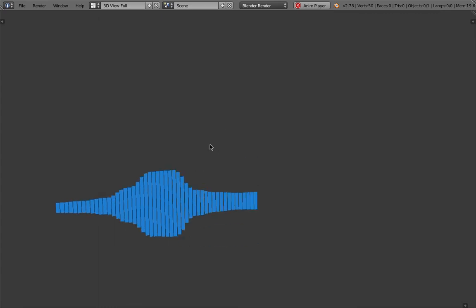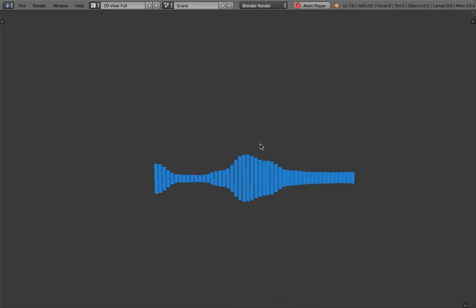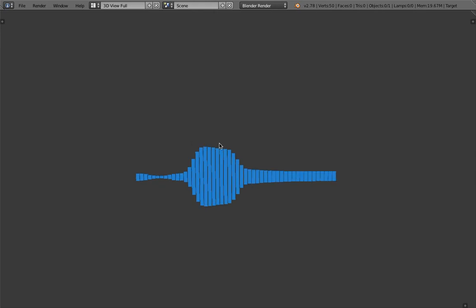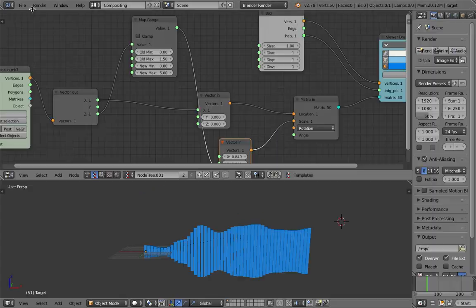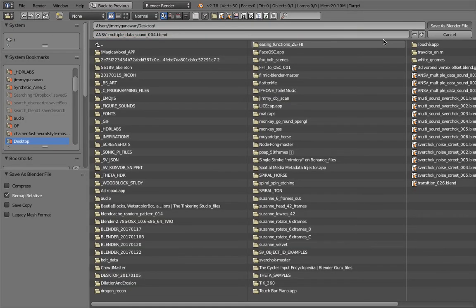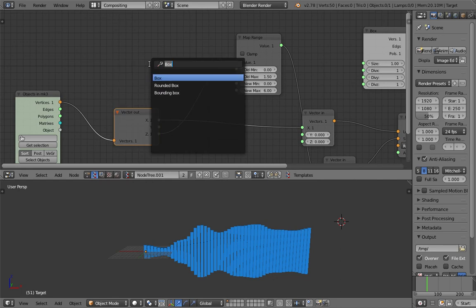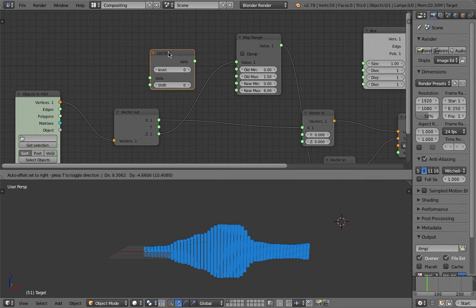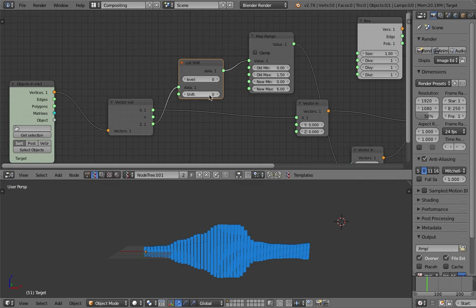Try it in real time. Sometimes actually I like it when the blocks kind of run through instead of being static like that. Maybe I can try something here, kind of like not shuffling, but just list shifting. So if I shift the value in here,